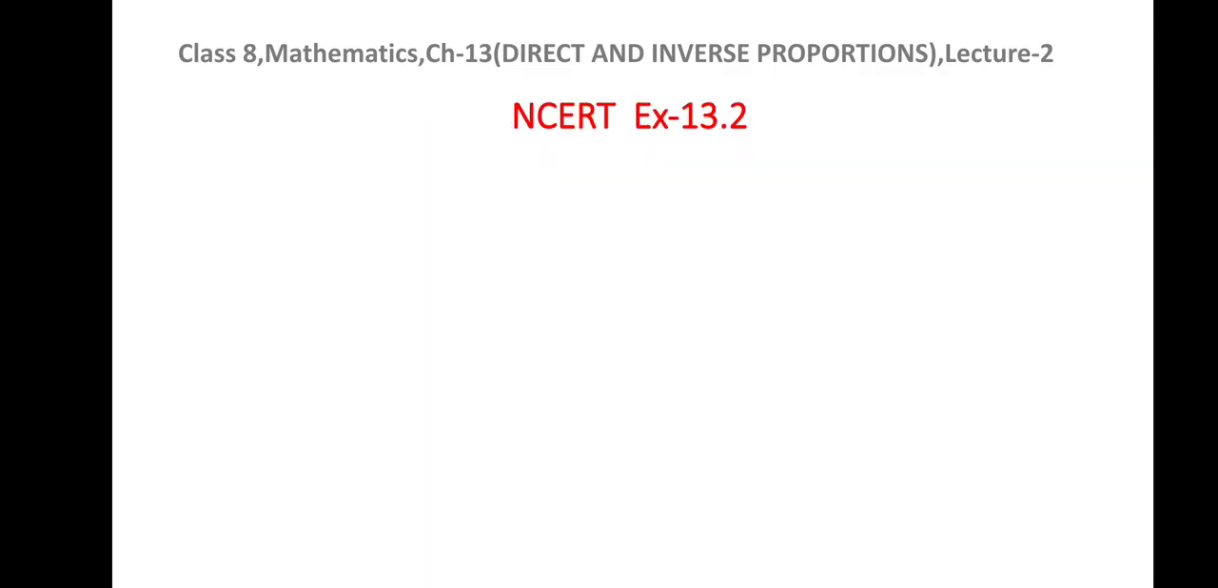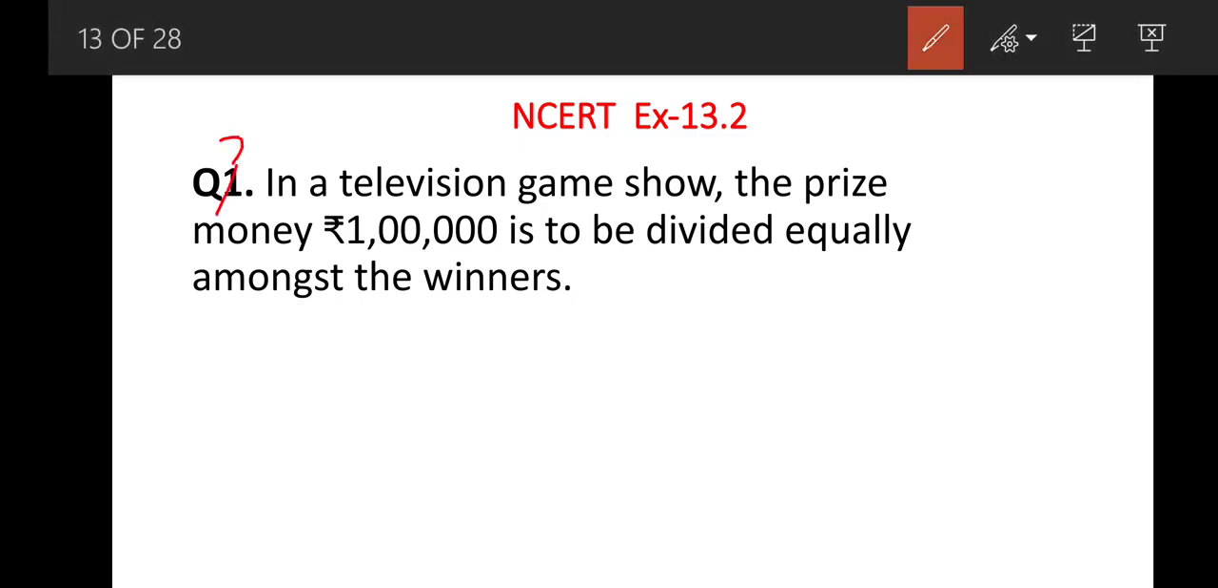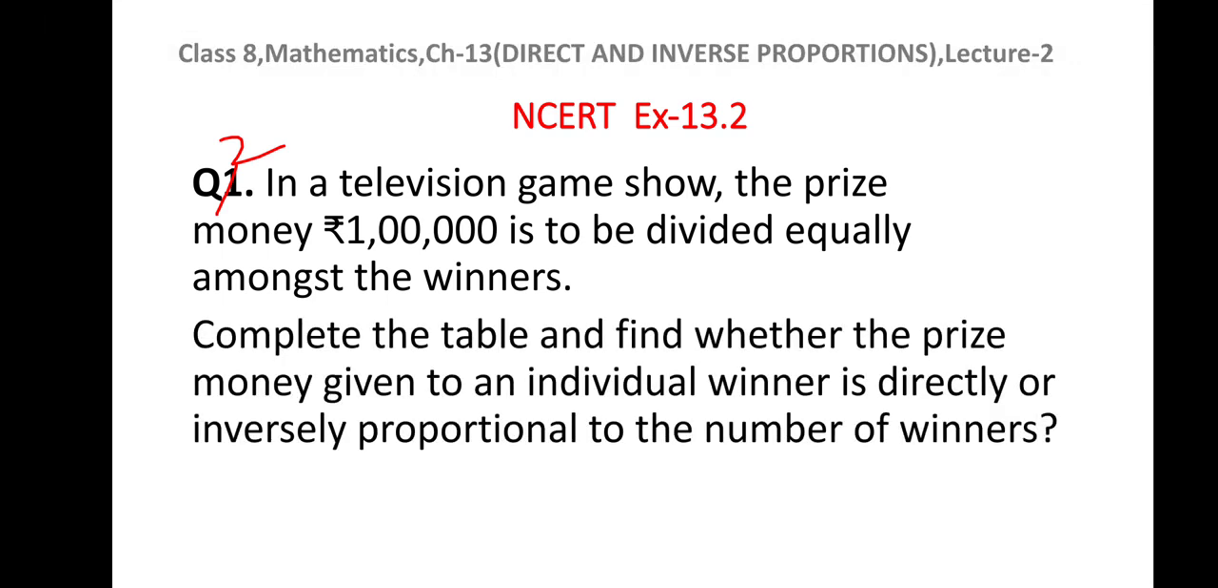Let us see now NCERT questions, exercise 13.2. Question number 1, this is basically question number 2 of your NCERT. In a television game show, the prize money rupees 1 lakh is to be divided equally amongst the winners. Complete the table and find whether the prize money given to an individual winner is directly or inversely proportional to